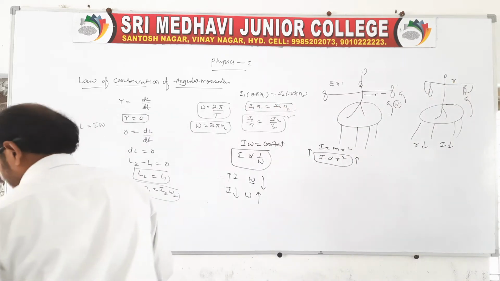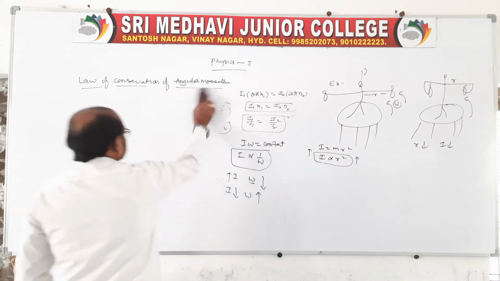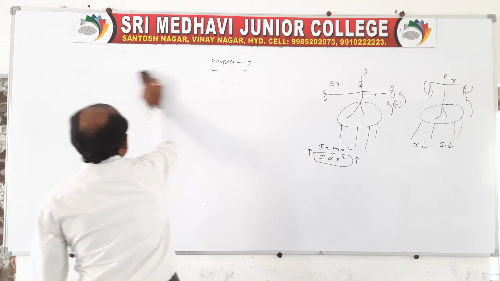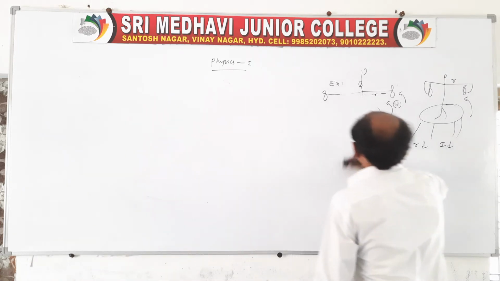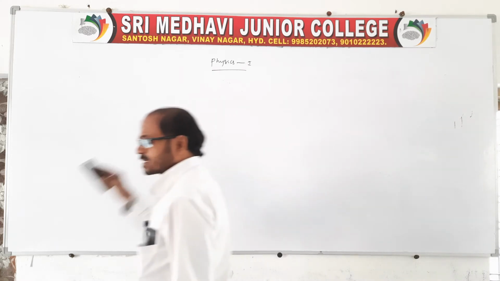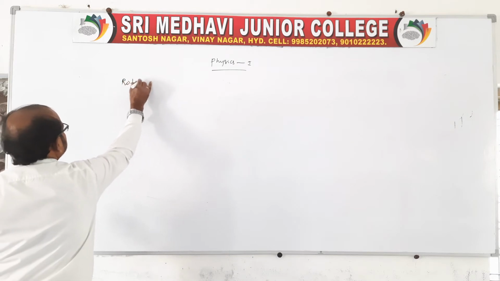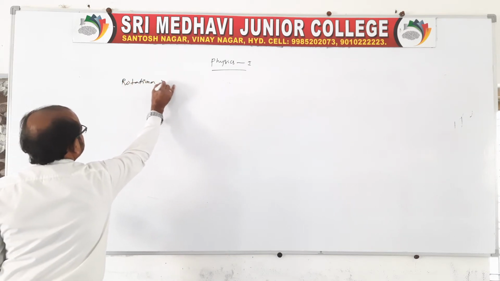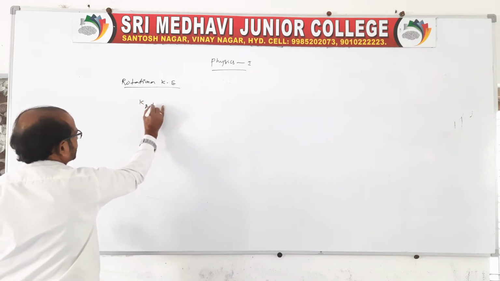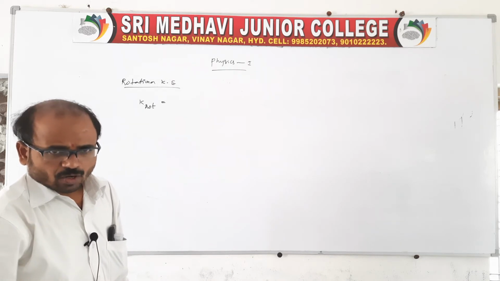Now we'll move to the next one. Now we have to talk about rotational kinetic energy, because the body is rotating. So we should write the rotational kinetic energy formula. We know translational kinetic energy. Side heading, rotational kinetic energy. So rotational kinetic energy is K rotation is equal to, how can we get it?